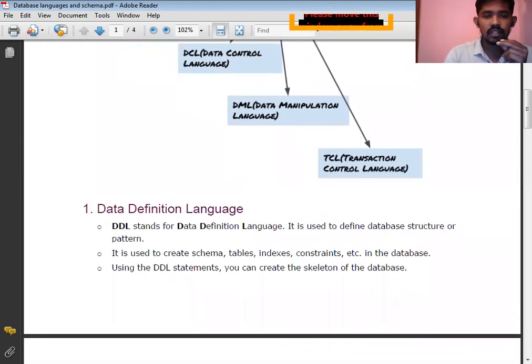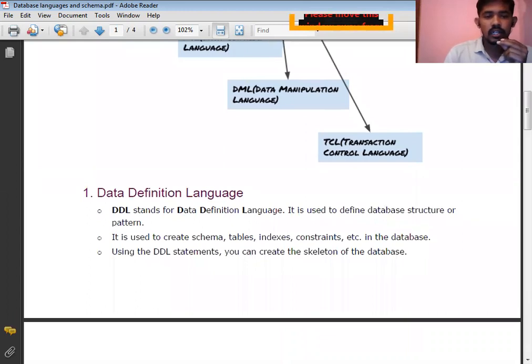Data Definition Language. DDL stands for Data Definition Language. It is used to define database structure or pattern. It is used to create schema, table, indexes, constraints, etc. in the database.